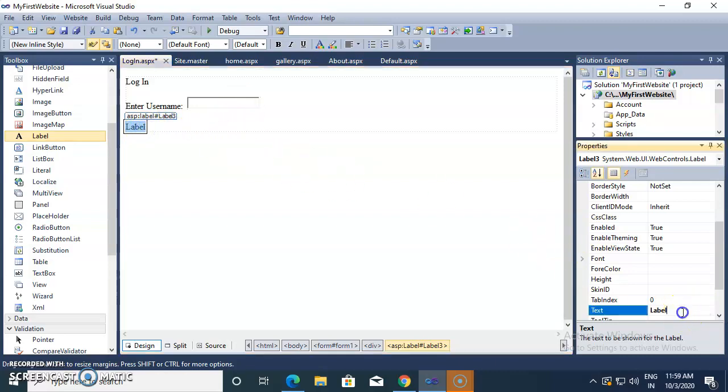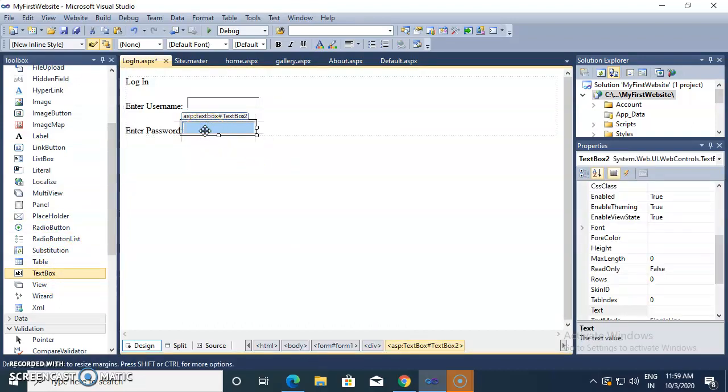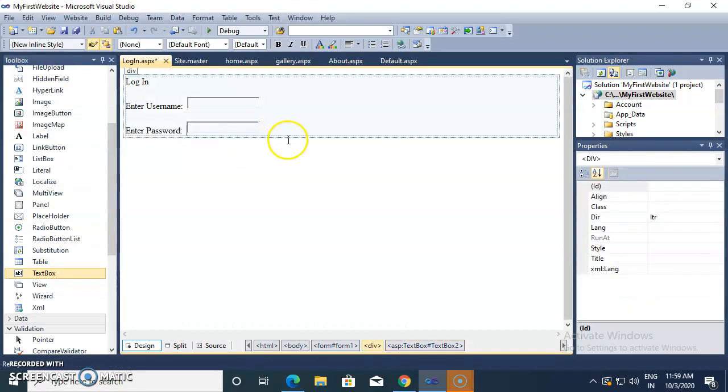Now after that, we know how a login page is seen. There is one username field and one password field. Enter password. So we use a password field here, and in front of password we also add one text box.